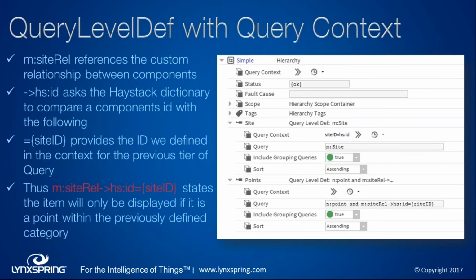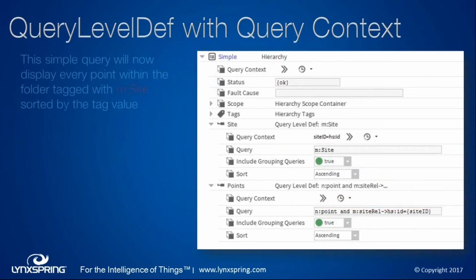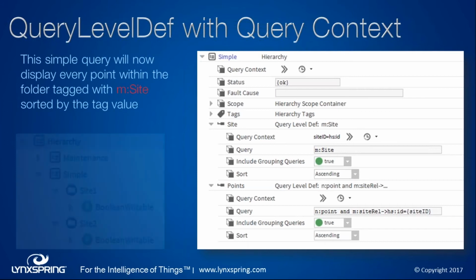When you come back and look at this later, you'll see you wrote out here on the side what those different pieces were that I was talking about. The site reference, that's our custom relationship that we added. The Haystack ID, that's calling that Haystack ID marker. The site ID is what we provided up in that initial query that we just created. And therefore, that whole thing is going to say, only show a point for this folder if it falls underneath that site, as well as being a point on the system.